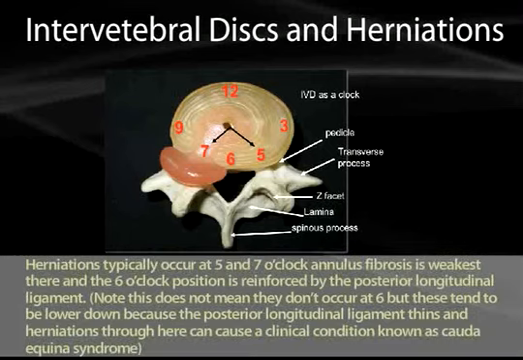Herniations typically occur, if you think of the disc as a clock face, at the 5 and 7 o'clock positions. And the 5 and 7 o'clock positions have a weaker annulus fibrosus at that point. It's thicker at the 6 o'clock position because of the posterior longitudinal ligament that's running along there. The anterior is also reinforced because of the anterior longitudinal ligaments. So it ends up being that these 5 and 7 o'clock positions are naturally the egress points for any extrusion